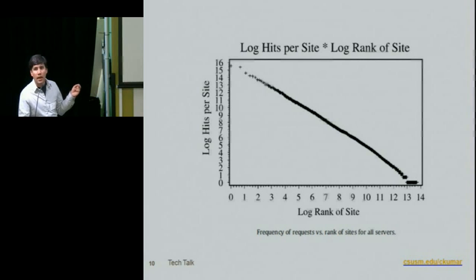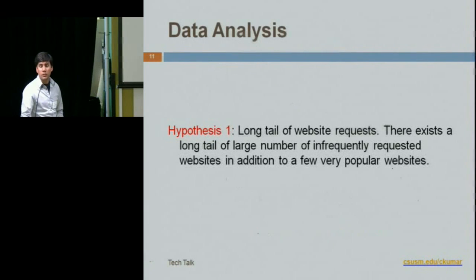between hits per site and rank of site, which leads us to confirm our first hypothesis that there exists a long tail of a large number of infrequently requested websites in addition to a few very popular ones. Going back to our earlier discussion about how this maps to the Zipf distribution, we can also confirm from this result that the frequency of requests, the expected number of requests, is indeed inversely proportional to the rank of that particular object for different online settings. So that was our first